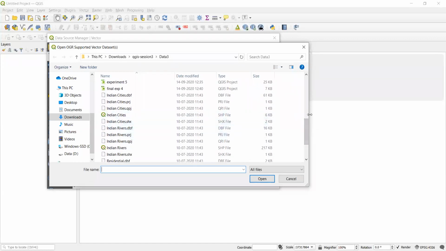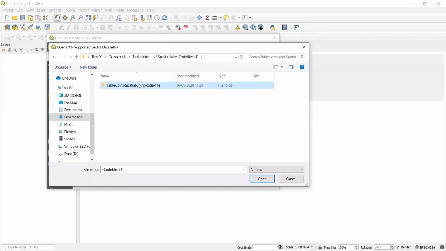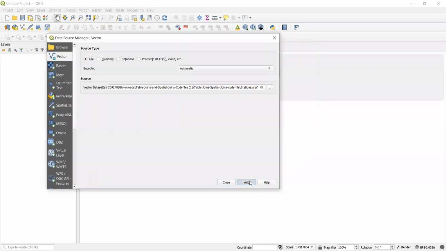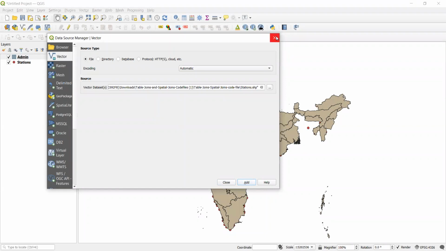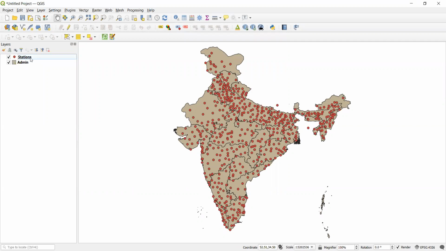I've given this data. We will just add in admin and stations and open it. Add. Okay, now we will add one more. I'll just put it down so that I can see all the stations. The stations record various